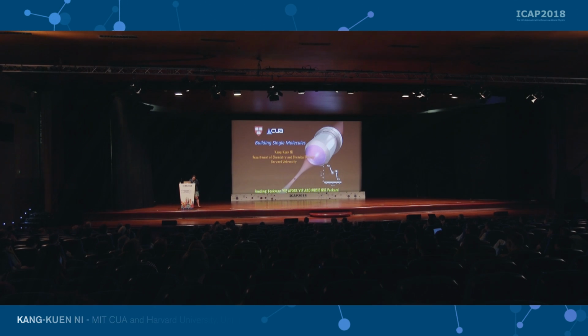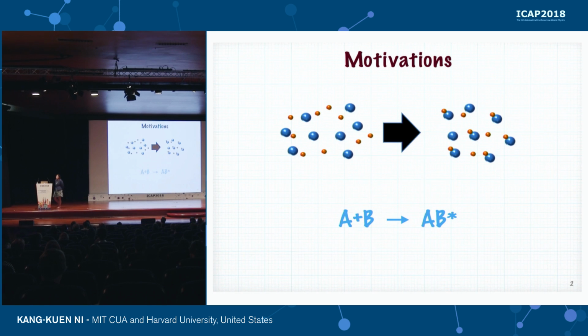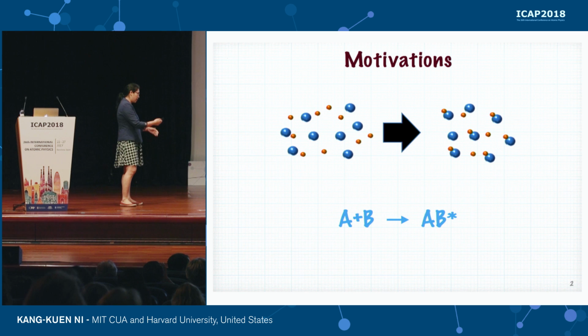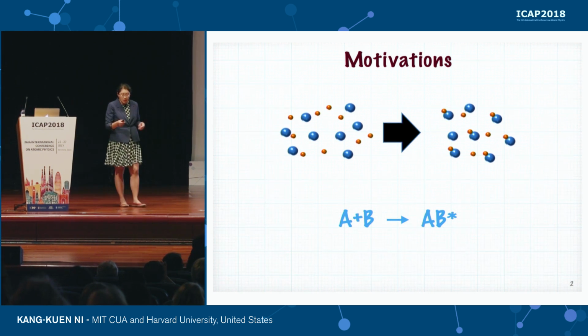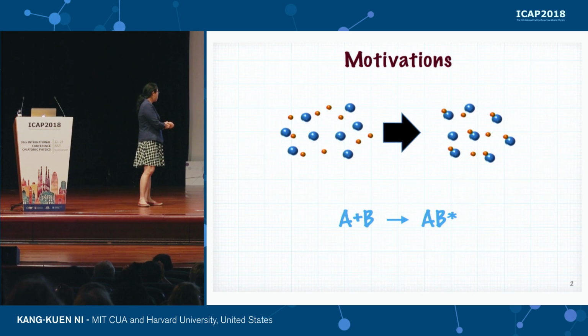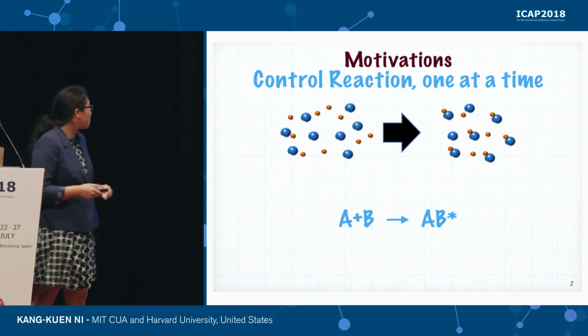Right. Okay, so I would like to start by talking about chemistry. Chemistry is about building molecules, making molecules. And in general, in a chemical reaction, we start with, say, an ensemble of A and an ensemble of B. And through stochastic encounters of the atoms, we end up with molecule AB. We want to put a lot more control in this